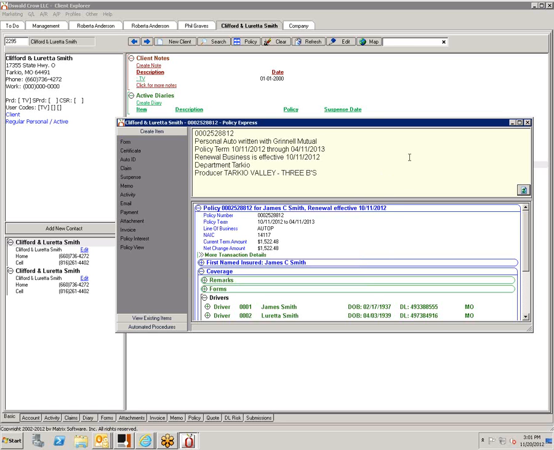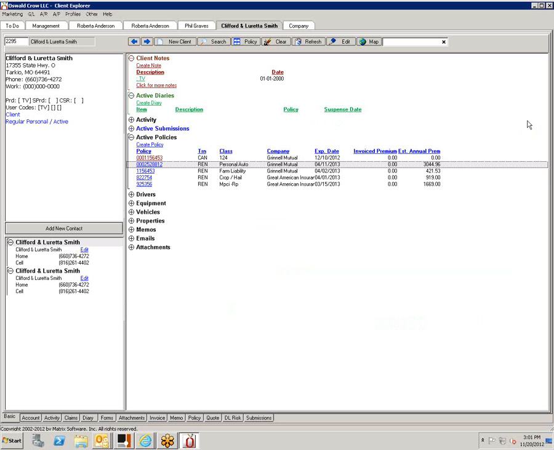Okay. Now, I will tell you this. The download creates auto ID cards, personal auto apps, and commercial lines if you're downloading commercial. It will do business auto, property, GL, workers' comp. It'll do all those apps automatically for you. But like you said, most of the things are done online anyway. Yeah, but people just like to look at them that way.